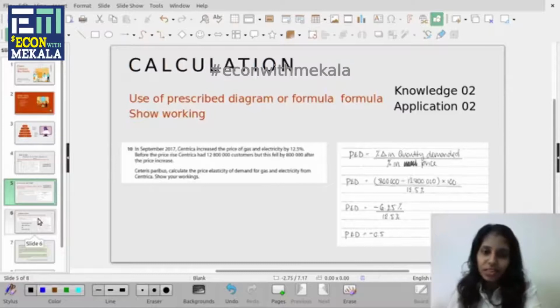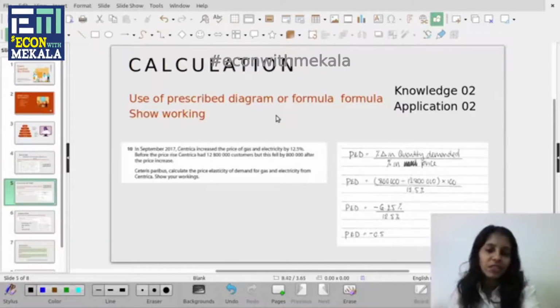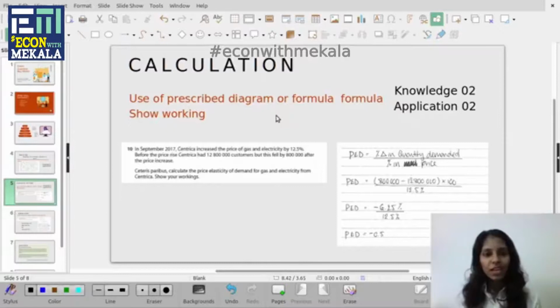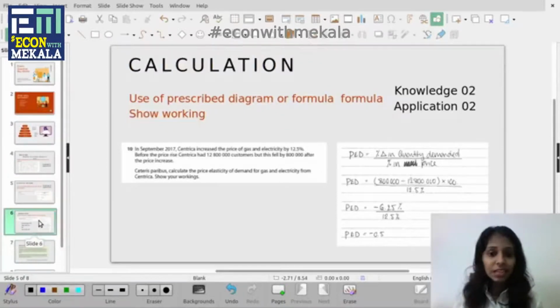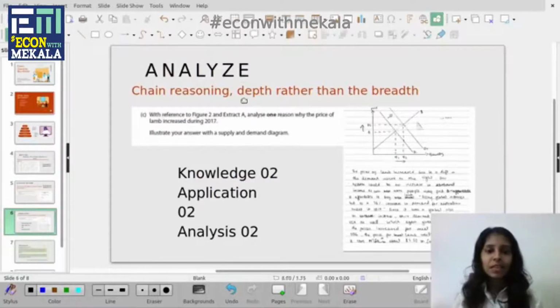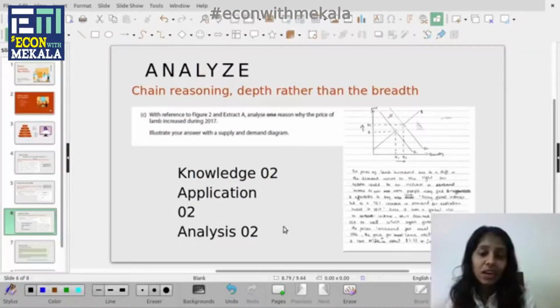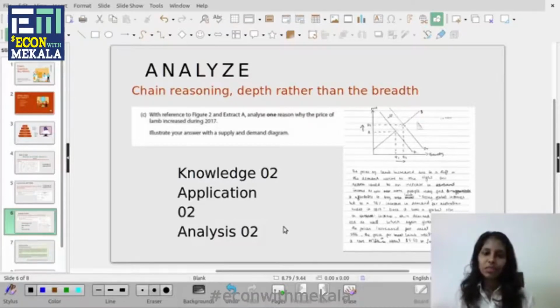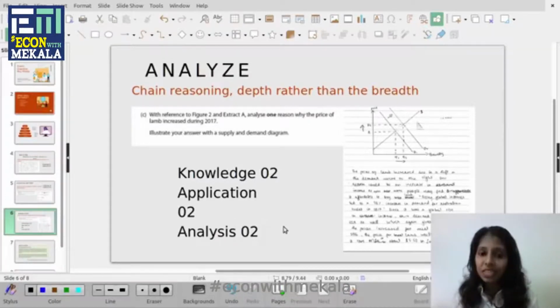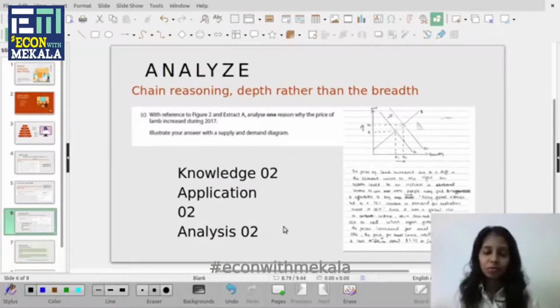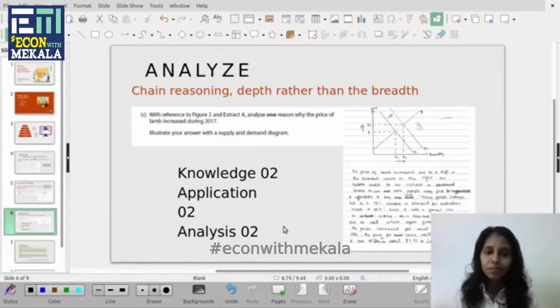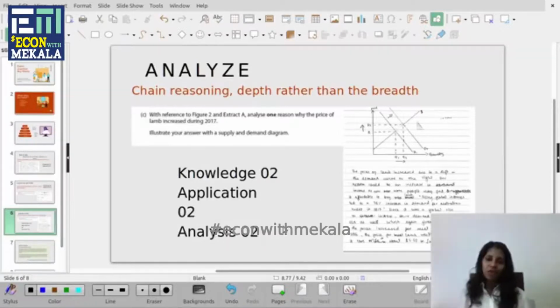higher order thinking question, because define and calculation questions assess your basic knowledge, understanding and application skills. But a question like an analysis question will assess your higher order thinking capabilities, which means whether you are able to think critically, whether you are able to do chain reasoning about a product or a theory or a concept or even a phrase. So these analyze questions are given in different ways.